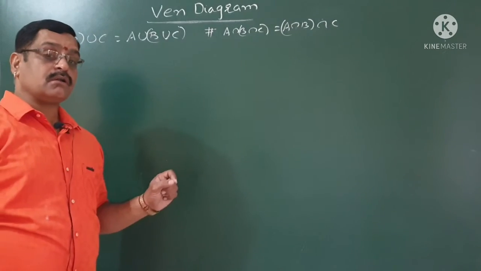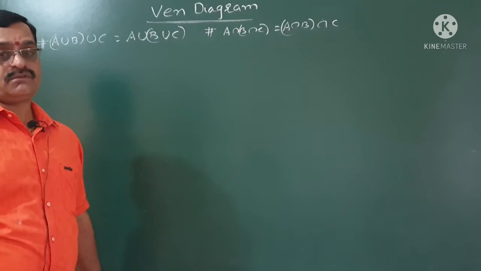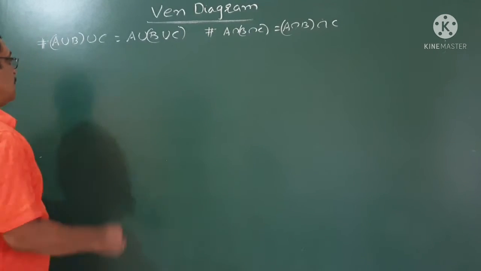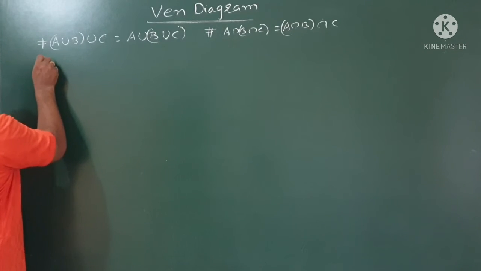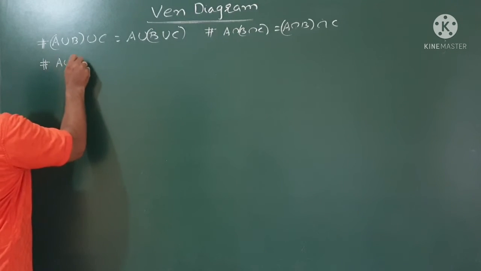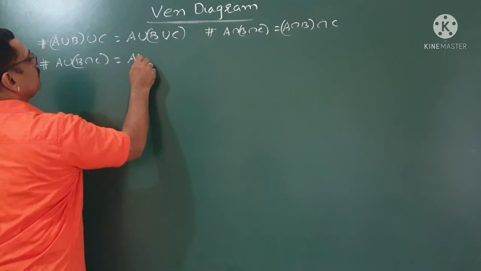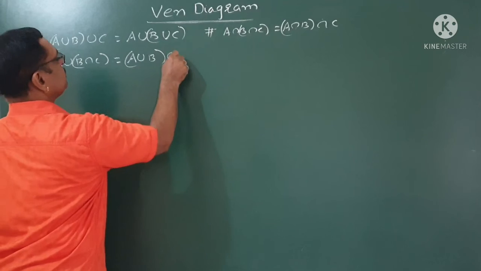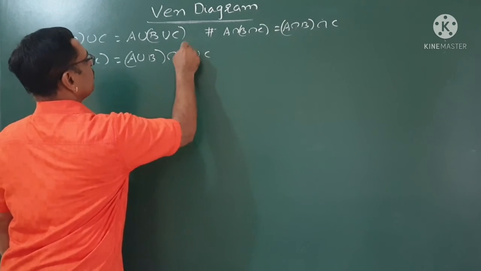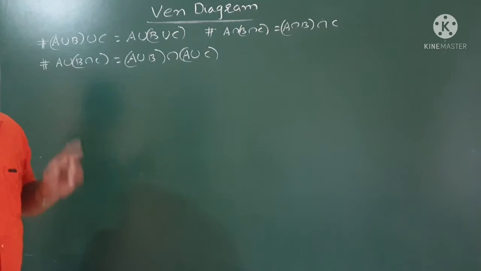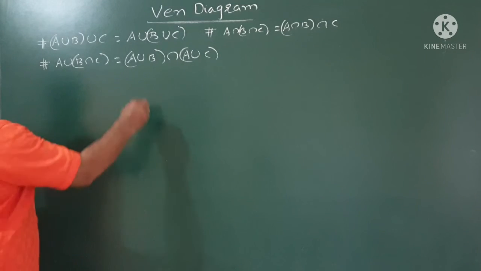But I want to focus on distributive laws. I prove the distributive laws using Venn diagram. How? A union (B intersection C) is equal to, first of all, (A union B) intersection (A union C). I am going to prove these using Venn diagrams. First of all, I will